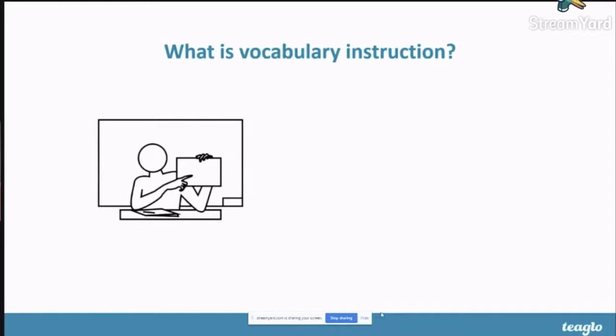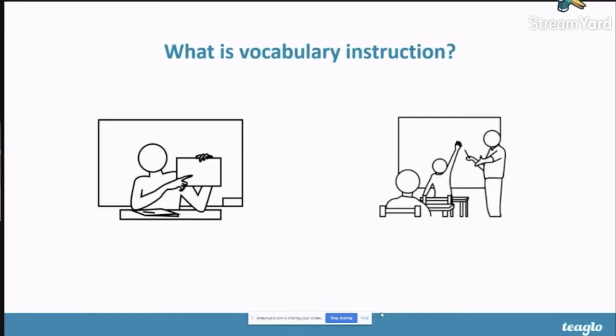I think historically, people have viewed it as like this picture here, as just explaining a word's definition and children just passively receiving it and accepting it. Instead, I think we should view it as explaining a word's meaning. A definition is the essential nature of something, while meaning is the idea or concept that is represented by a word.